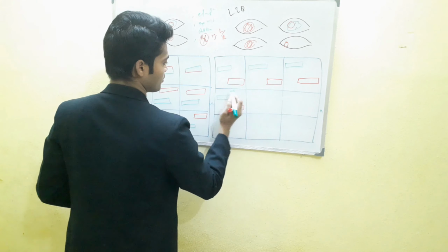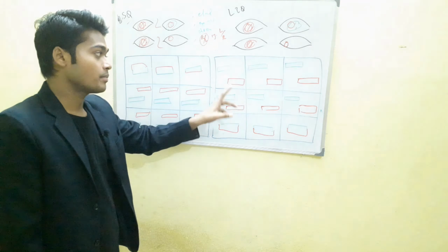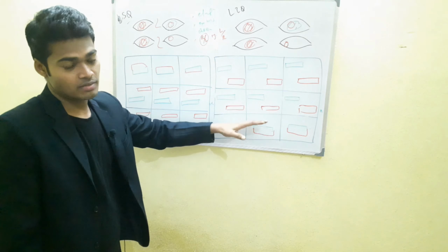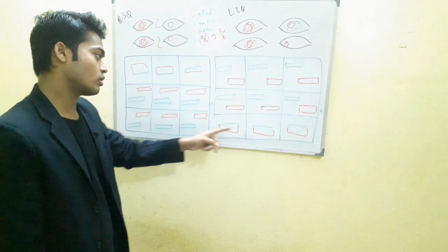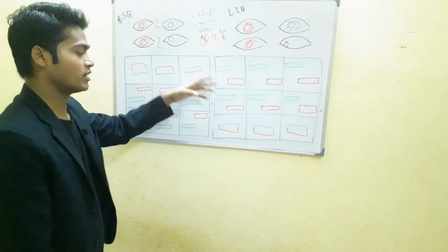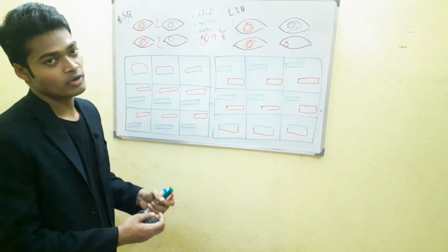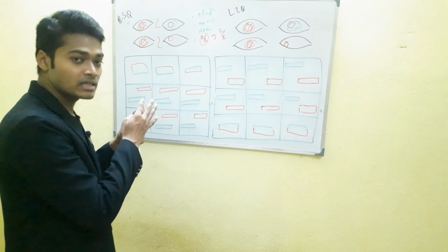Now I will give you tips which help you to draw the entire plotting within a fraction of a second. Just look at the primary function of the muscle: in that direction maximum separation is present, and opposite to the maximum separation binocular vision is present. Just look: maximum separation, binocular vision, maximum separation, binocular vision. Using this you can find out what is actually going on, or what the patient actually sees or perceives.